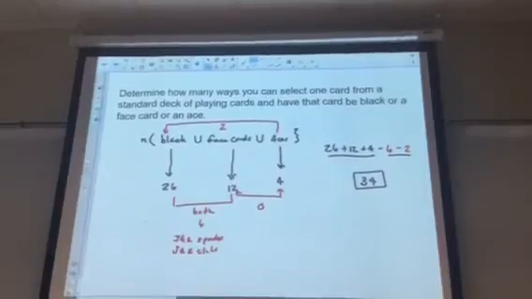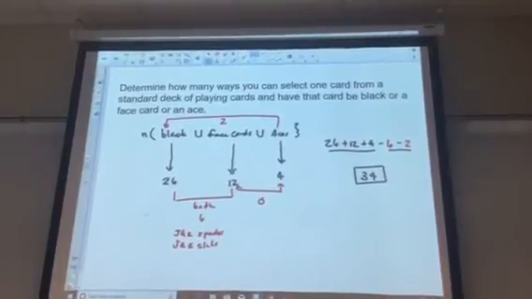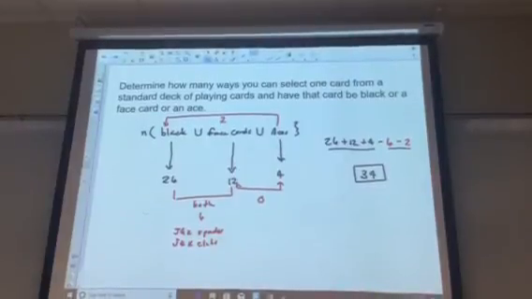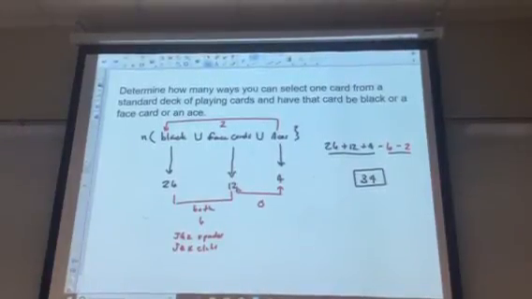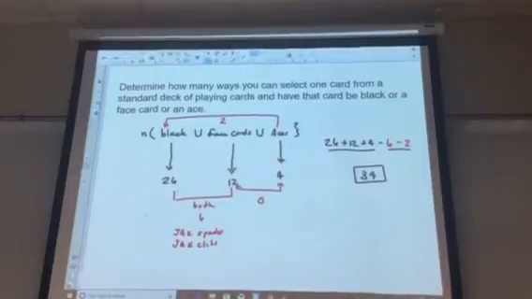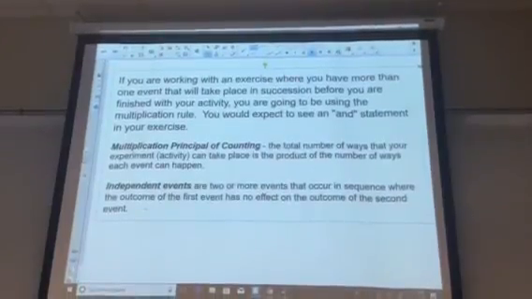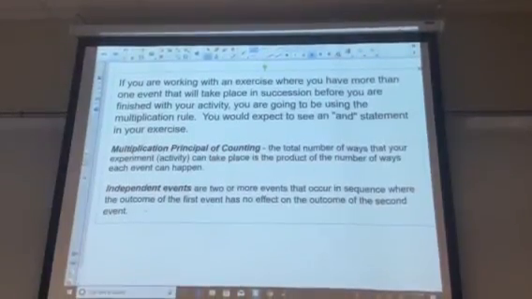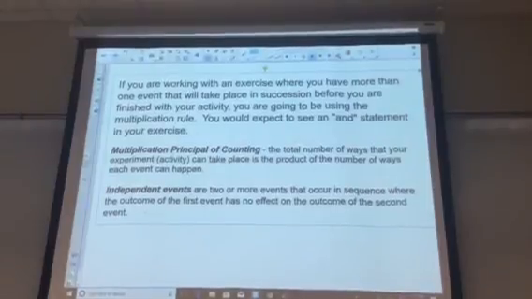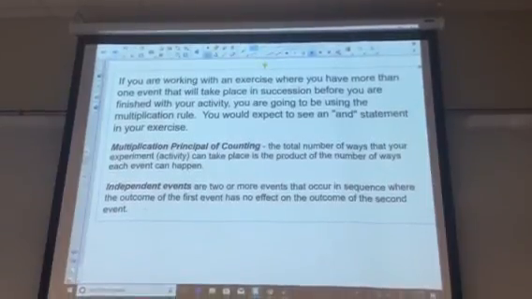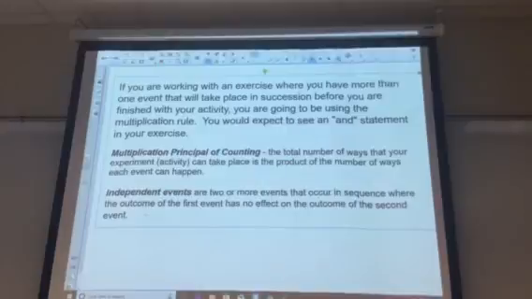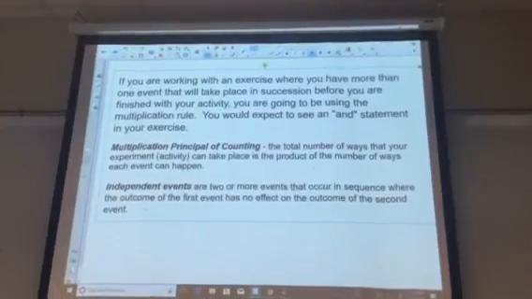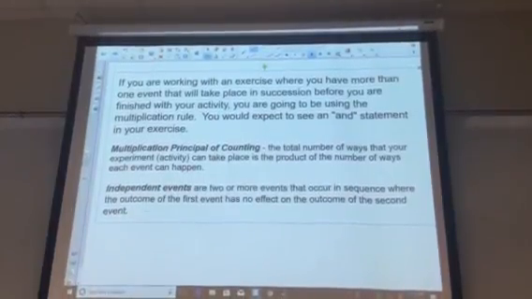Now, this is the easy counting technique when you only have one card, when you only have one thing you're dealing with. Not all activities involve only one part to the experiment. So when that happens, things change in the problem. If you're working with an exercise where you have more than one event that's going to take place in succession. In succession means